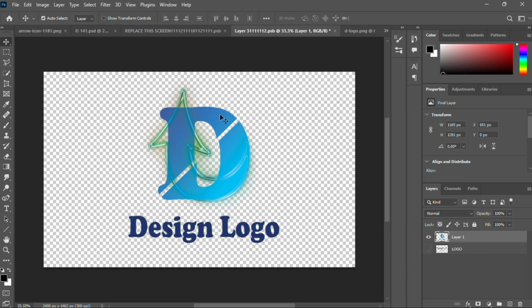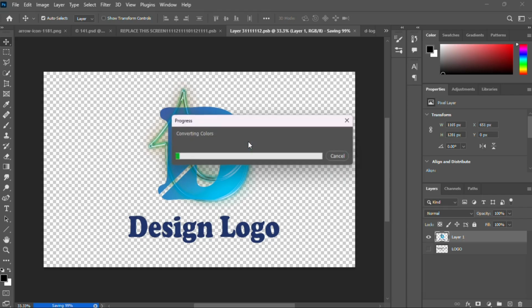For a better presentation, make sure your logo is properly aligned and consider using a smart object in Photoshop. This allows for non-destructive transformation and keeps your logo crisp and clear, no matter how much you resize it. While we wait for the logo to render, let's dive into